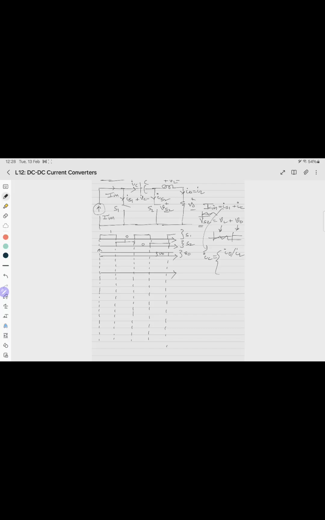Else, if S1 is off and S2 is on, IC is equal to IN, and IN is constant. So in order to satisfy the amp-second balance, as IN is constant,